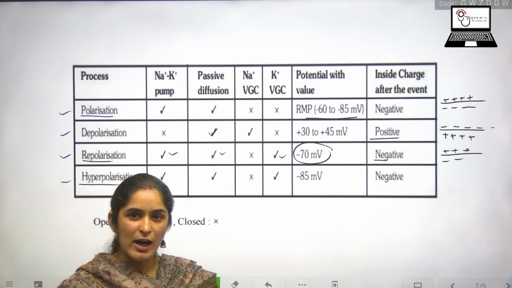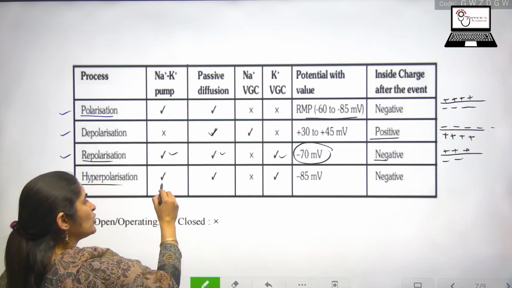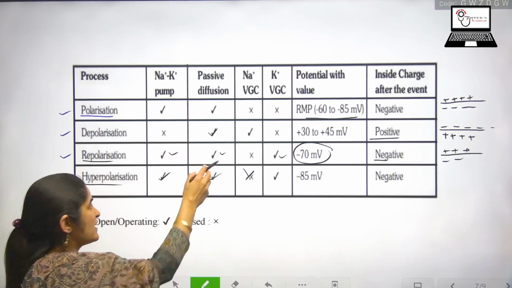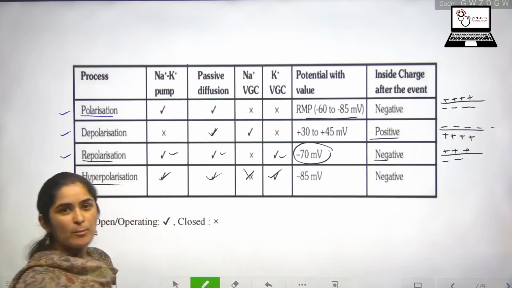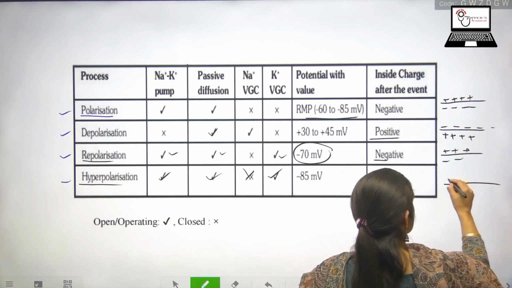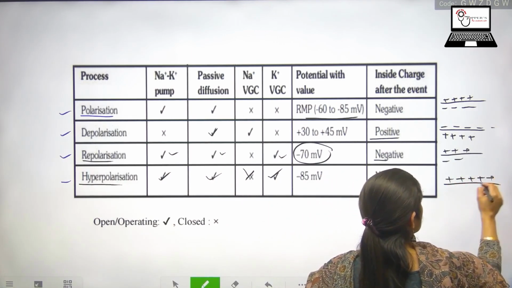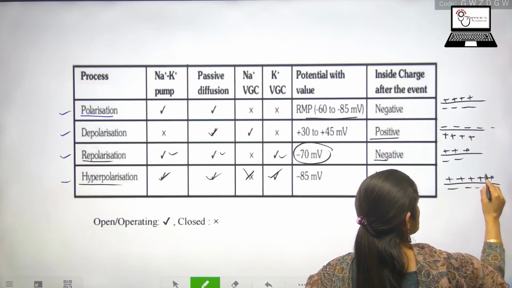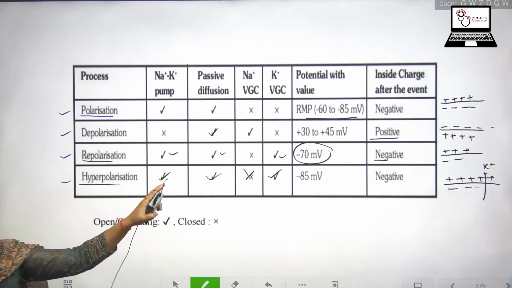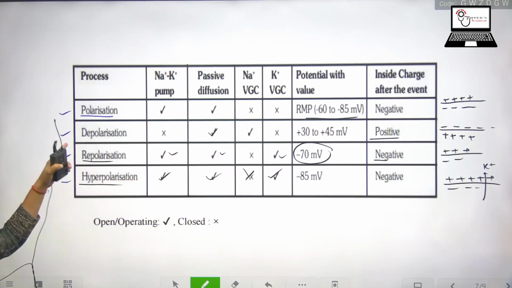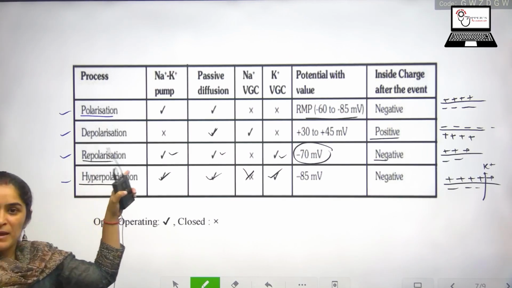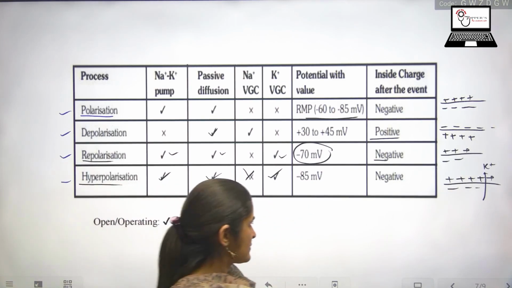Sometimes the membrane goes into a high state, the sodium voltage gated channels are closed, and same as in repolarization, potassium gated channels are open, which will provide more positive charge to the outside of the membrane because potassium ions are moving outside. Got it? So this table describes in short the different mechanisms, or the different steps, taking place in the generation of an electrical impulse.